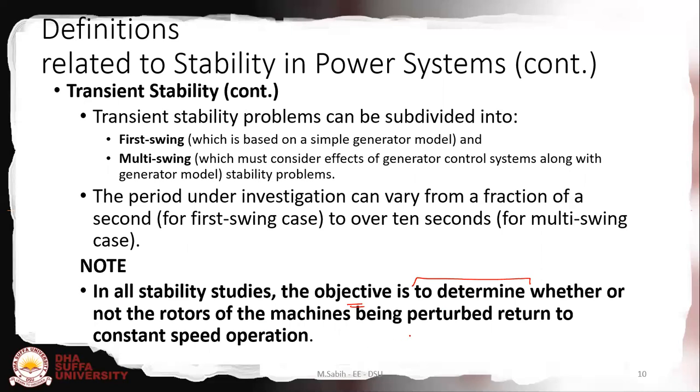So ultimately, most of them currently are synchronous machines. Synchronous machines can be motors or generators, and they have to have a constant speed of operation to be in synchronism. So the speed will vary, but it has to come back to a constant speed. The variation should die out. Okay, so this is a very important thing.